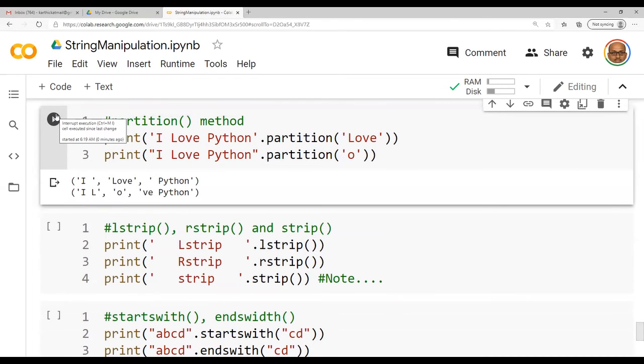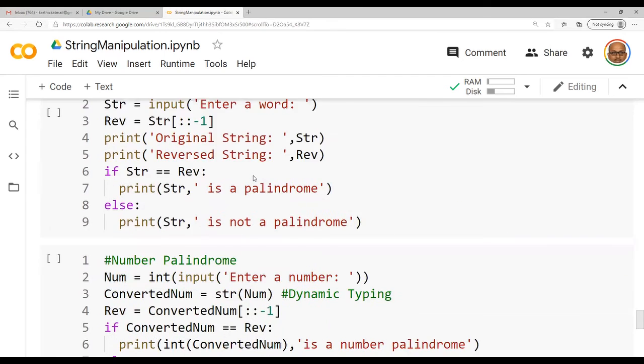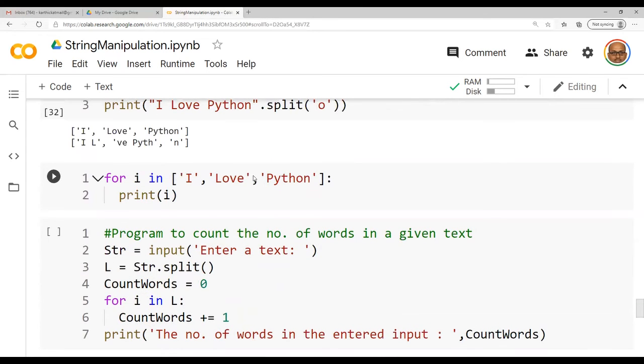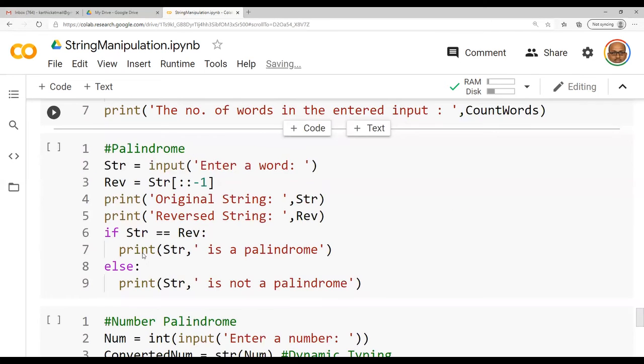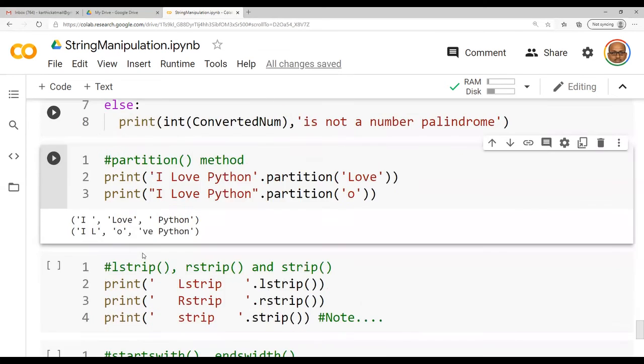It is similar, right? Here also you have I love Python. Instead of the square bracket that we obtained for the previous example, I have obtained a simple bracket because the partition method gives only a tuple as a result. And with respect to the third print statement also, again it is a tuple in the place of a list, and the output is the same.